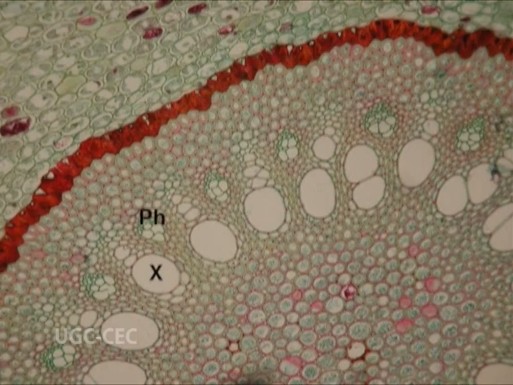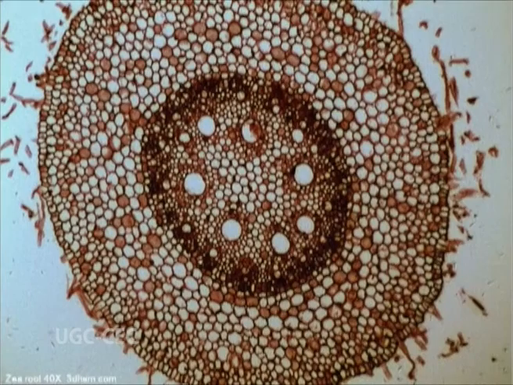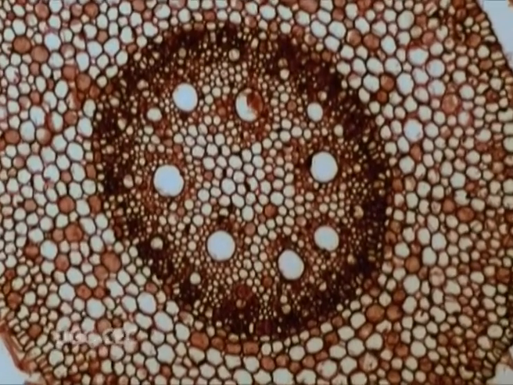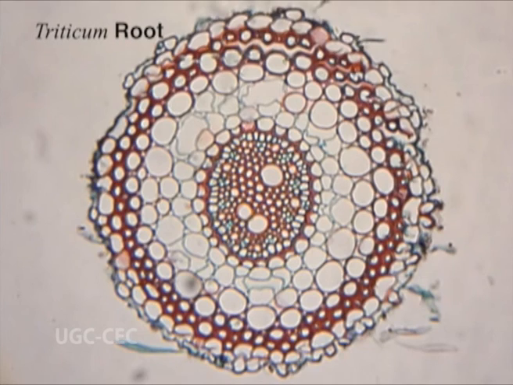Vascular bundles. Vascular bundles are radial, that is, xylem and phloem are present on different radii. The bundles are numerous and referred to as polyarch condition. In many monocots, a variable number of metaxylem vessels are arranged in a circle around the pith, for example, Zea mays. The adventitious roots of Pandanus have higher numbers of vascular bundles. In some roots, a single vascular bundle is present at center, for example, Hydrilla, Triticum.